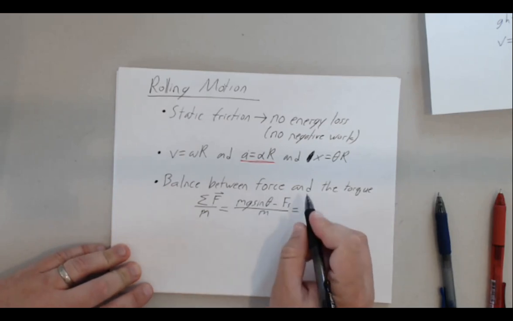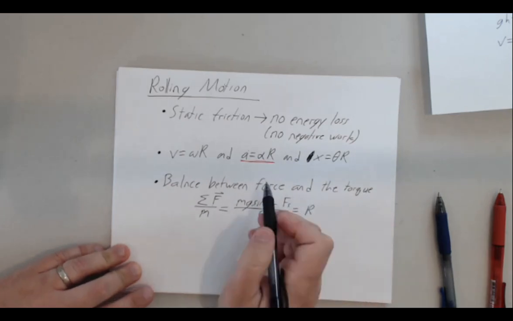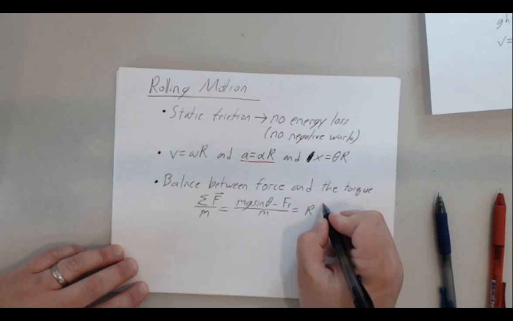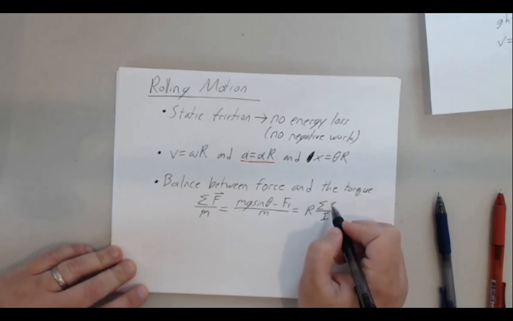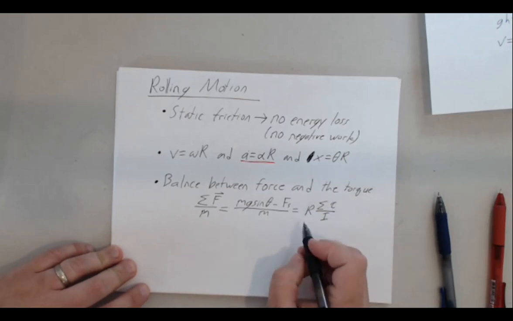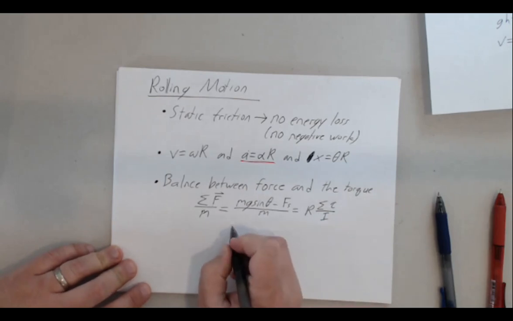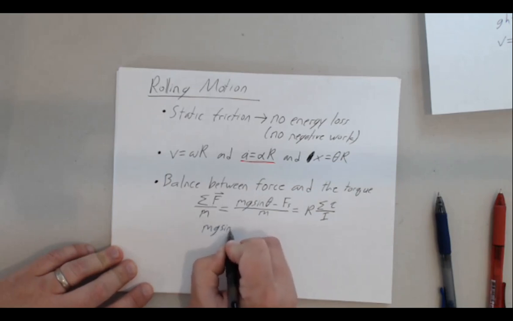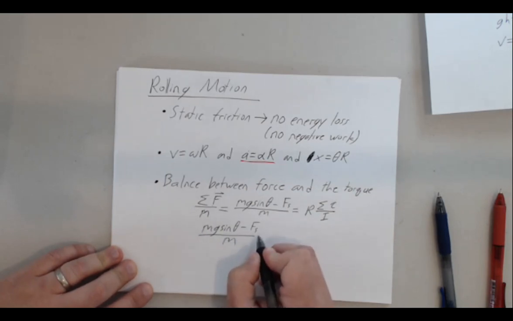And that has to be balanced out by, well, the radius times, and I know from the rotational version of Newton's second law that this is just the sum of the torques divided by the moment of inertia. Okay? Well, in this case, there's only one torque, and it's from the friction. And so if I rewrite these equations, I'm going to get mg sine theta minus my friction force, divided by mass, has to equal